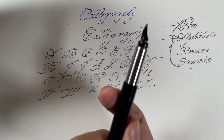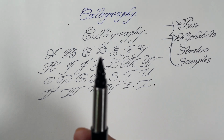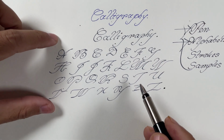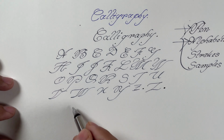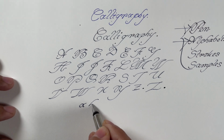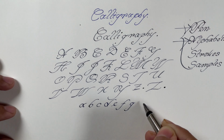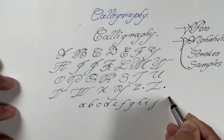Luckily, yesterday I found this set. Actually, I lost it, so that's why. Luckily, I found it, and after finding it, I have started writing it again. So this is the uppercase, and for the lowercase, for small letters, it will be like this: A, B, C, D, E, F, G, H, I, J, K,